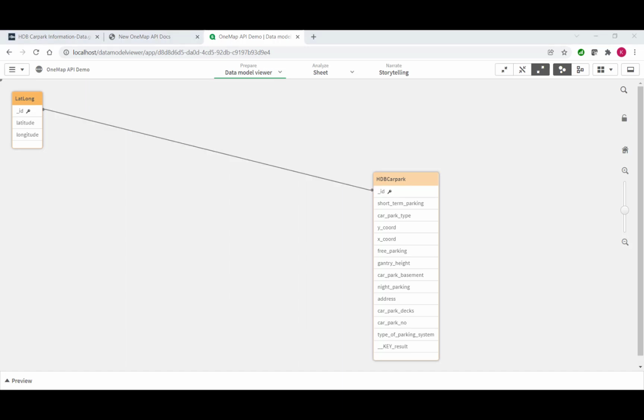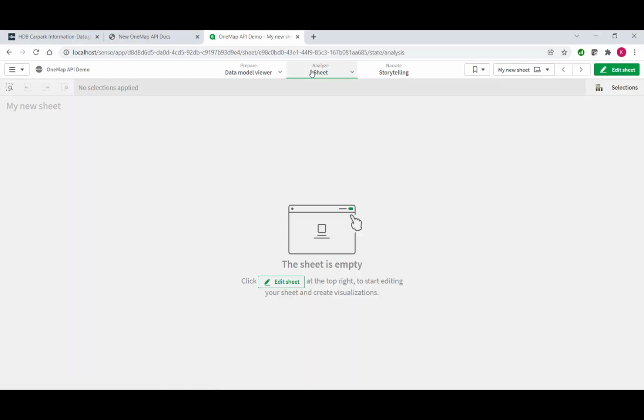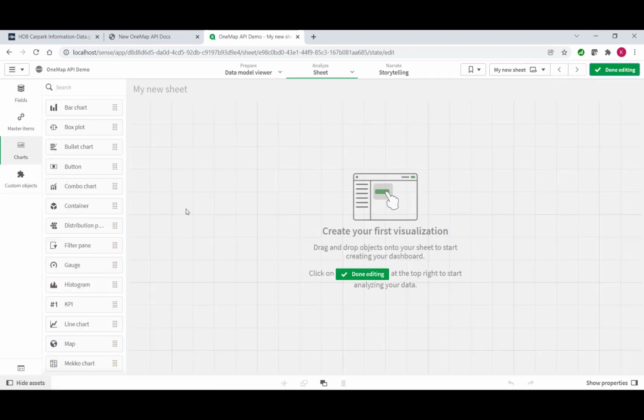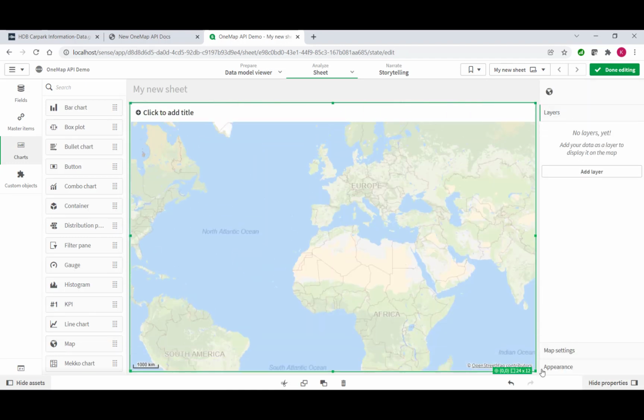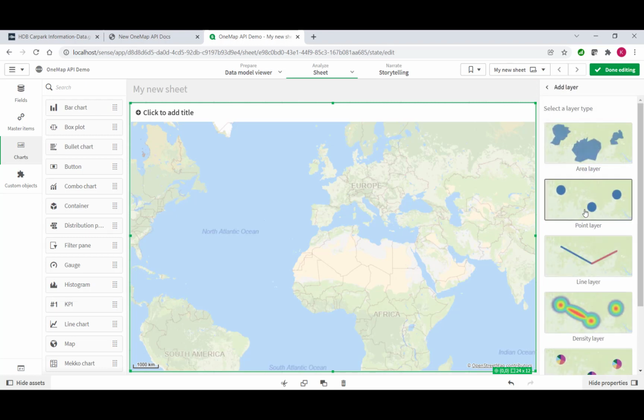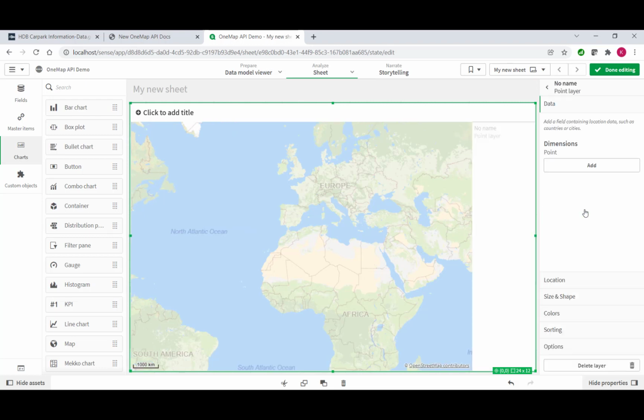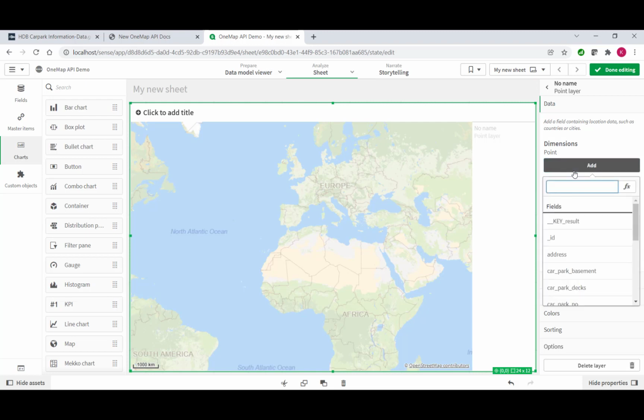We are now ready to visualize the data. Click on Sheet and click on Edit Sheet. Drag in the map chart object and I'm going to make it bigger and click on Add Layer and choose Point Layer. For the dimension, I'm going to choose Address